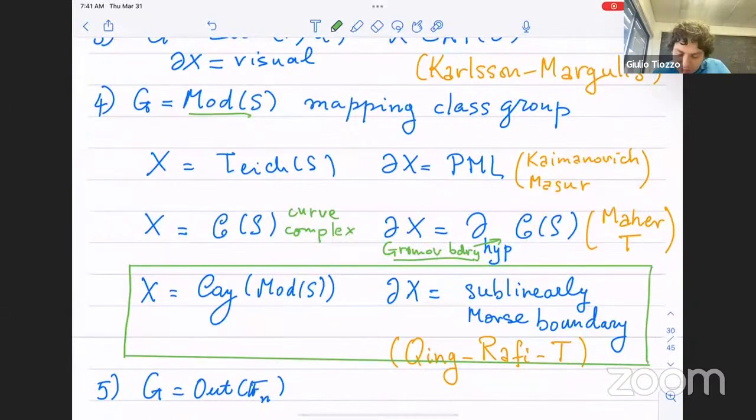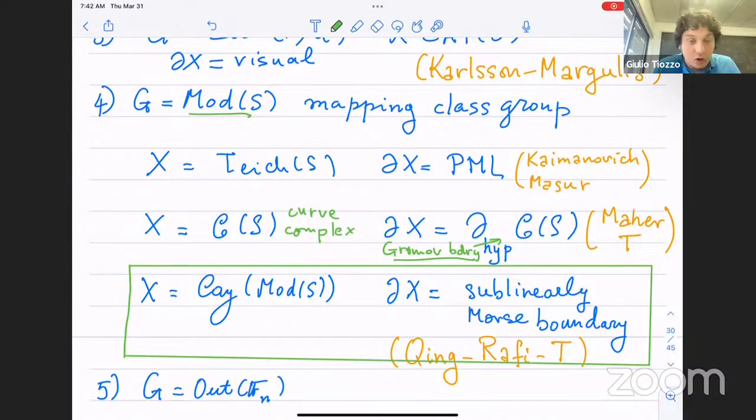And so the action of the group on itself is nice, of course, very proper. But the problem is that the boundary of this group as a Cayley graph is hard to define in general, because this is not hyperbolic, it's not CAT(0), and you don't know what to do. And so for this reason, we came up with the sublinearly Morse boundary. In fact, the main thing I want to do later is to give a sketch of the proof that you do have an identification of the sublinearly Morse boundary of the mapping class group with its Poisson boundary. So this is the work with Yolan and Kaja.